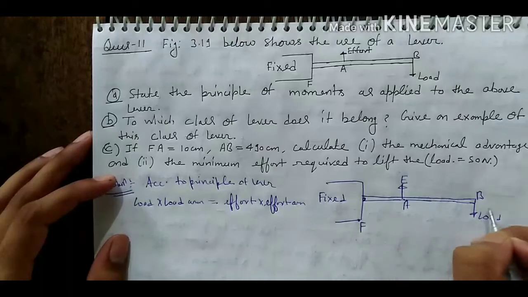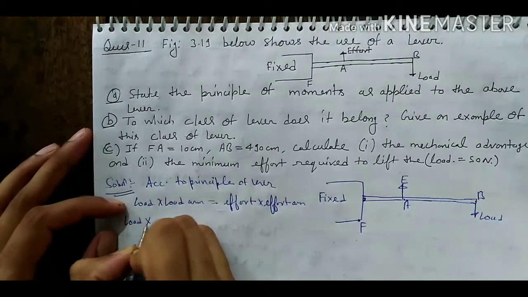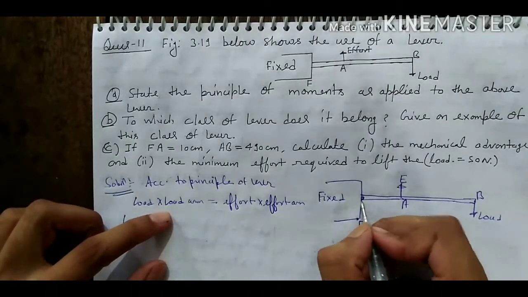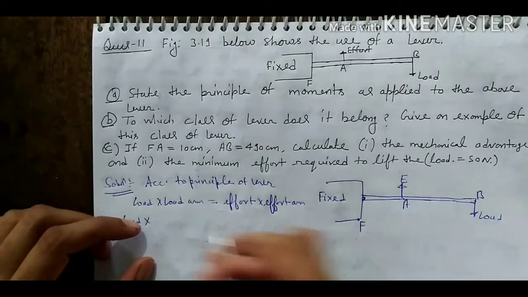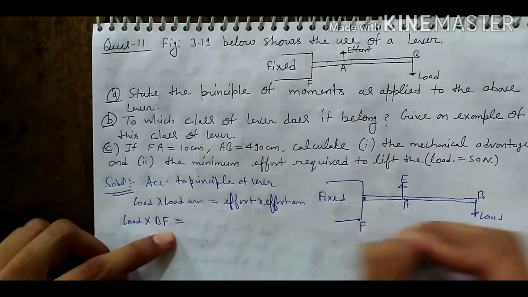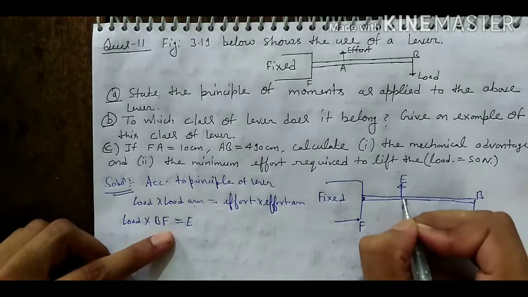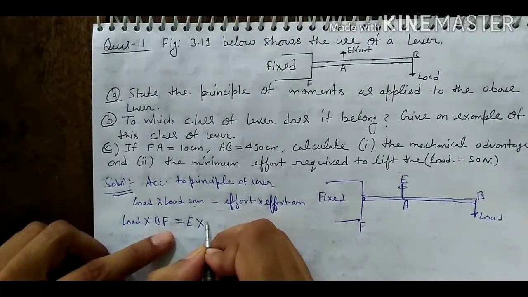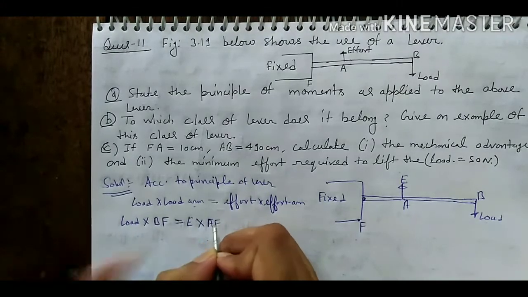यहाँ पे लोड कितना है, तो लोड यहाँ पे बी पॉइंट पे हम लोड लगा रहे तो हम लिखेंगे लोड इनटू लोड आर्म। लोड आर्म मीन्स फलक्रम से लोड तक की डिस्टेंस। फलक्रम से लोड तक की डिस्टेंस कितना है, बी से एफ, तो हम लिख देंगे बी एफ। लोड इनटू बी एफ विल बी इक्वल टू एफर्ट इनटू एफर्ट आर्म, और एफर्ट आर्म मीन्स एफर्ट से पुली तक का डिस्टेंस, जो एफ ए या ए एफ लिख सकते हैं।